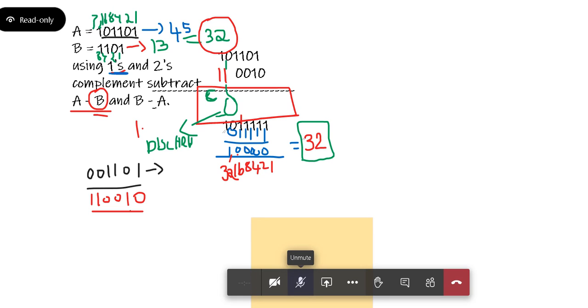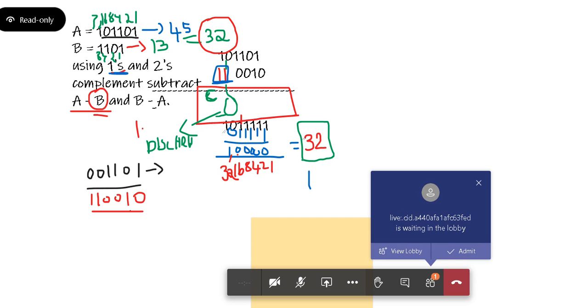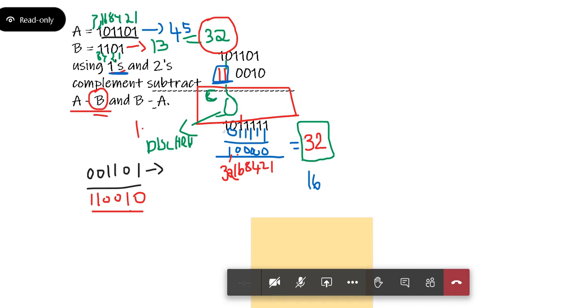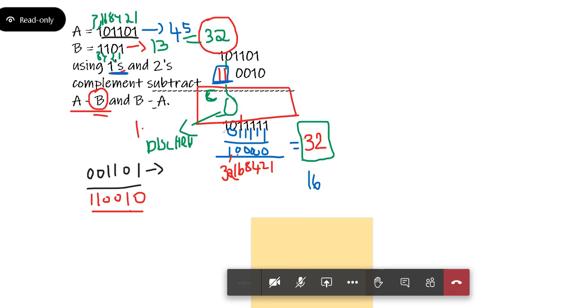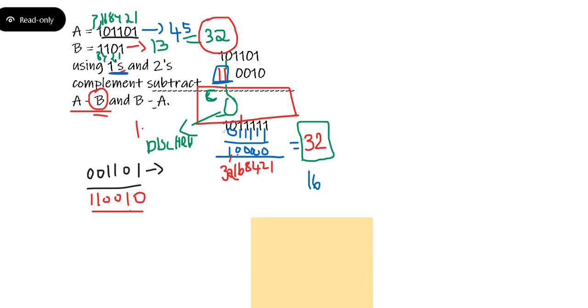So this is how you are going to do it. First thing you have to see is the difference. If I don't add the empty zeros when I'm doing the subtraction, I won't get the right answer. I got 16 first, I didn't get the particular answer. So basically you need to add zeros on the MSB. You can't add zeros on the right hand side, on the LSB. Why? Because when you add zeros on the right hand side, the value itself changes.